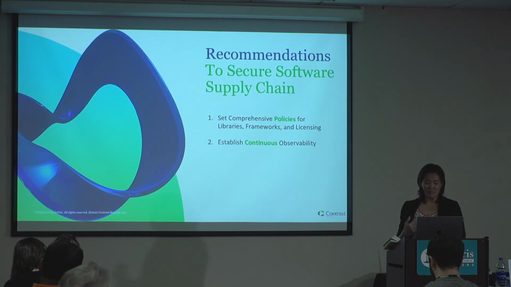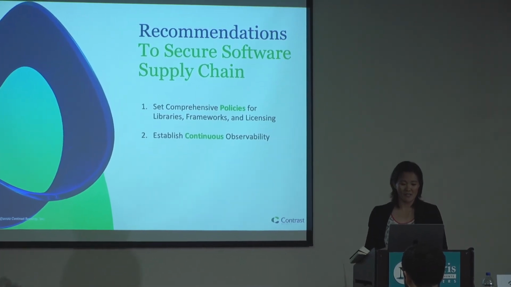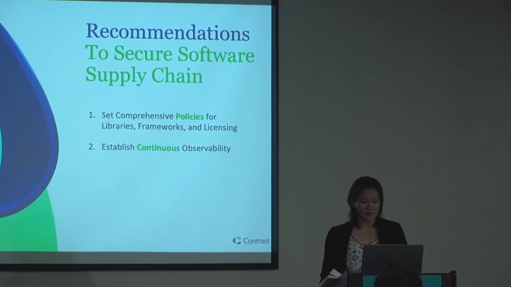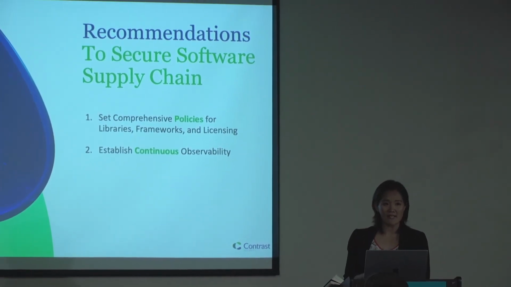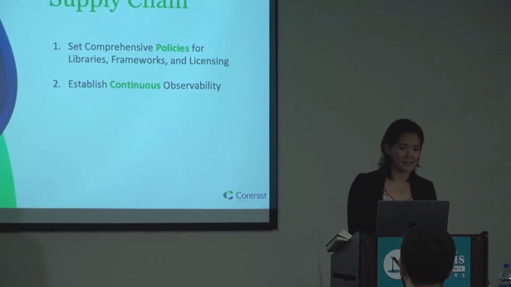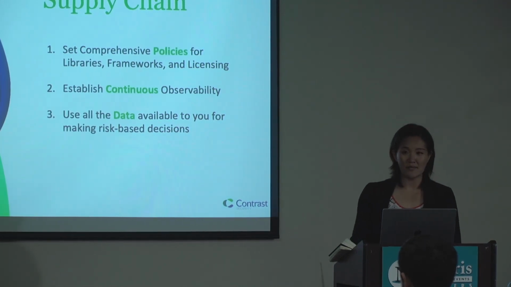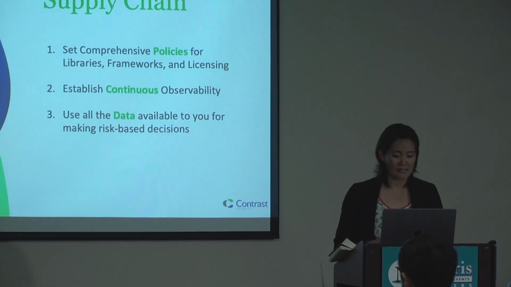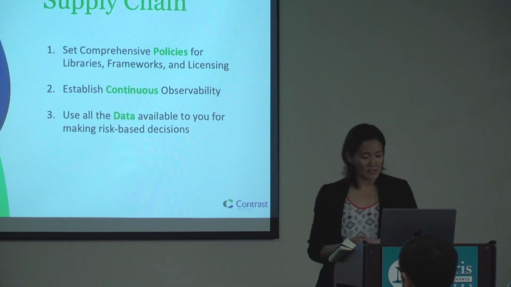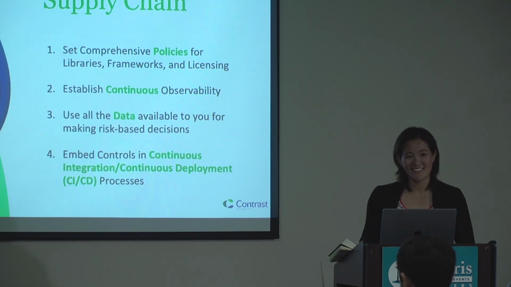Continuous monitoring: you want to use different tools for this. I won't say which tool you should use, hint, hint, but I work for them. But if you have continuous monitoring, it's a really easy way to see what kind of libraries are active and what kind of routes are being used. It's a lot easier to map your active libraries to the vulnerabilities, yes? So use all the data available to you. We talked about CVSS, we talked about EPSS, we talked about CVE trends, we talked about different tools like Contrast, and you are going to use that data to make risk-based decisions. Not just emotion-based ones, and definitely not just because you heard it on Twitter, right, guys? We don't do that. None of you do that. You don't just go on Twitter and say, oh my gosh, Kevin Beaumont said.